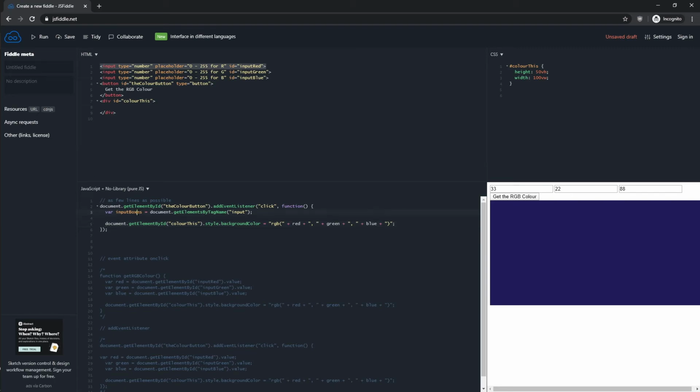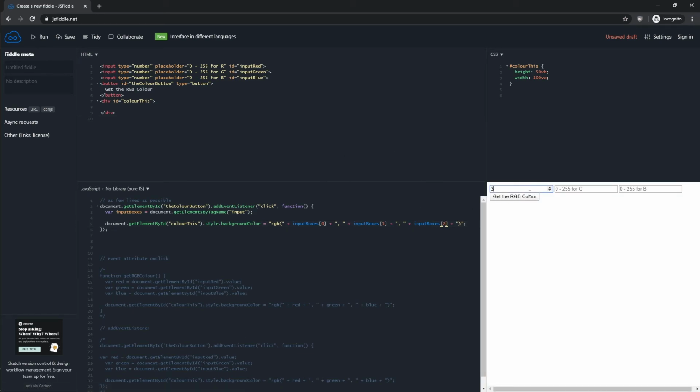What we have is the input boxes that we're going to put here, input boxes. And as I stated before, we can get the red one by stating that it is the input box, the first element of our array. I'm going to copy this. We know that the green one is the second one, and we know that the blue one is the third one. So if we press run now, and I just type some values here,